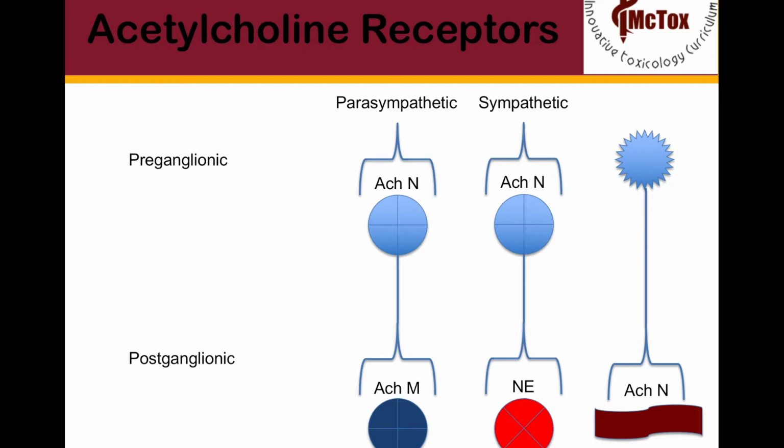To understand how cholinergic toxicity presents, we need to recall the structure of our nervous system and its receptor types. Nicotinic acetylcholine receptors are found in both sympathetic and parasympathetic preganglionic areas, which explains the presence of some sympathetic and some parasympathetic responses. Nicotinic receptors are also found in skeletal muscles, which leads to muscle fasciculation. Muscarinic receptors, however, are only found in the parasympathetic postganglionic area, which corresponds to many of our internal target organs.